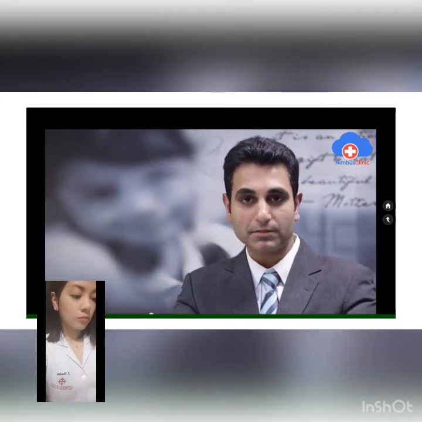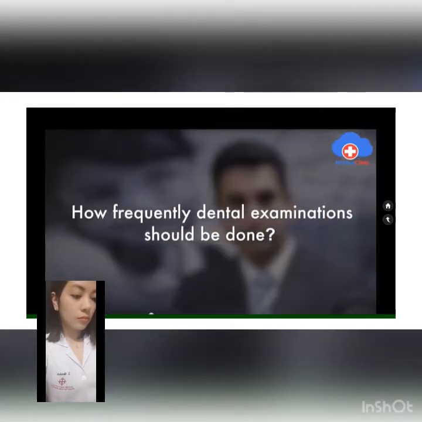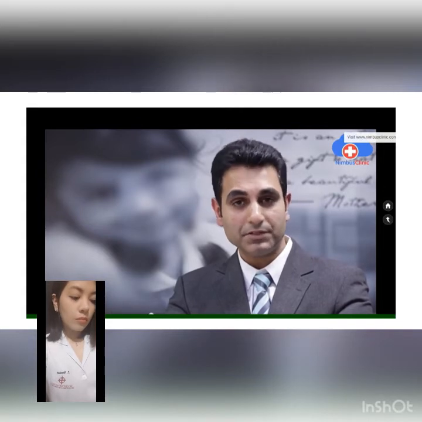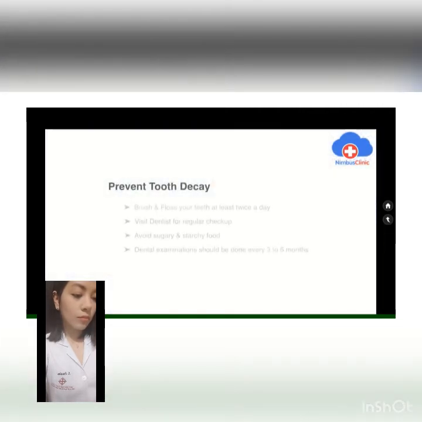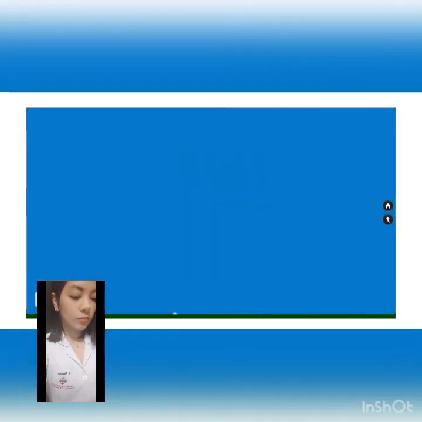Proper flossing and brushing at least twice a day. Avoid snacking on starchy and sugary food. Regular visits to your dentist at least 2 times a year, and cleaning sessions at least twice a year. Usually it depends upon the patient. Patients who are more prone to decay or caries should visit at least every 3 months, and those who can maintain good oral hygiene should make a habit of visiting a dentist twice a year.